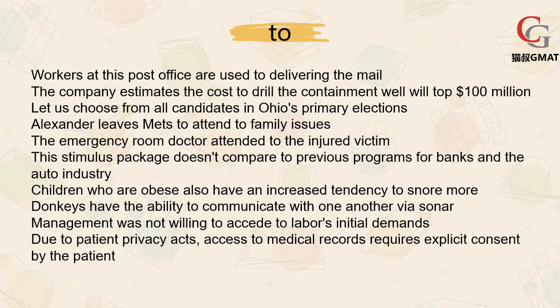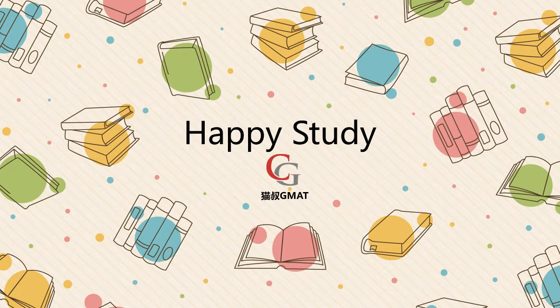Donkeys have the ability to communicate with one another via sonar. The ability to do something，做某事的能力。Management was not willing to accede to labor's initial demands. Be willing to do，愿意去做某事。Due to Patient Privacy Acts, access to medical records requires explicit consent by the patient. Due to 后面可以跟名词，比如 due to Patient Privacy Acts，根据某一个条约。Access to 就是可以获得这些东西。好了，今天我们就介绍到这里，希望大家通过这些句子更好地复习这些短语，在考试中取得好成绩。